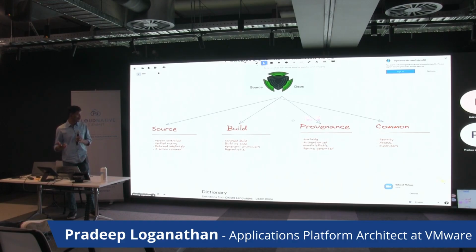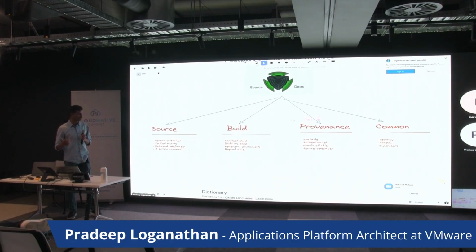From a build perspective, it's looking at, you should ensure that you have scripted builds. Your build system should be completely scripted. Your build system should be IaC, infrastructure as code. Your build system should be ephemeral, in the sense your build system should be temporal. You use your build system to build an artifact, and then poof, it disappears. It doesn't exist forever. There are no older artifacts staying back which can corrupt your system. So every time you build any package, it's a brand new build environment that you're creating, and the build environment goes away once you build your package. Your build should be reproducible, wherein you can go back and recreate the exact build that you were able to achieve at a particular point in time.